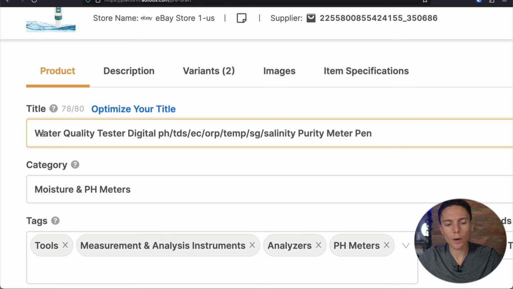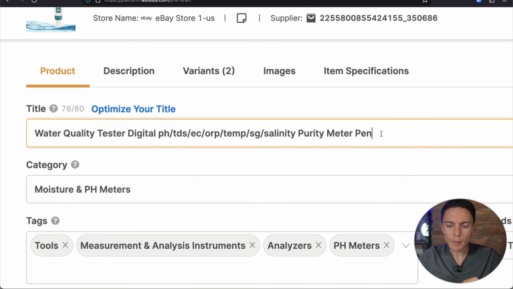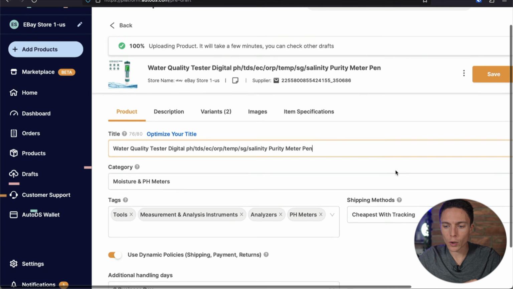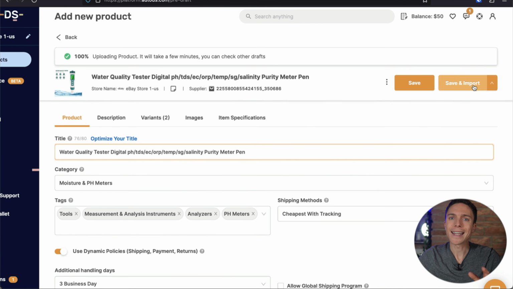So our title here is Water Quality Tester, Digital, pH, TDS, and some other stuff, salinity, purity, meter, pen. I think that is a solid title right there. We're at 76 of 80 characters. I didn't realize there were some spaces at the end there. But yeah, that's a good title right there. And then all you have to do is click Save and Import, and that will then be listed into your